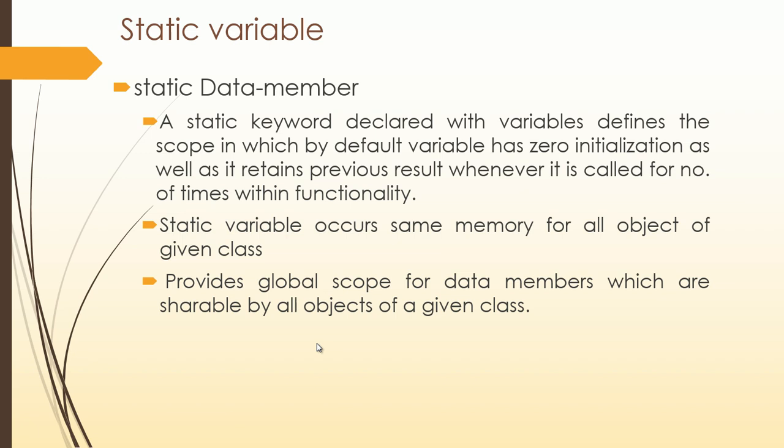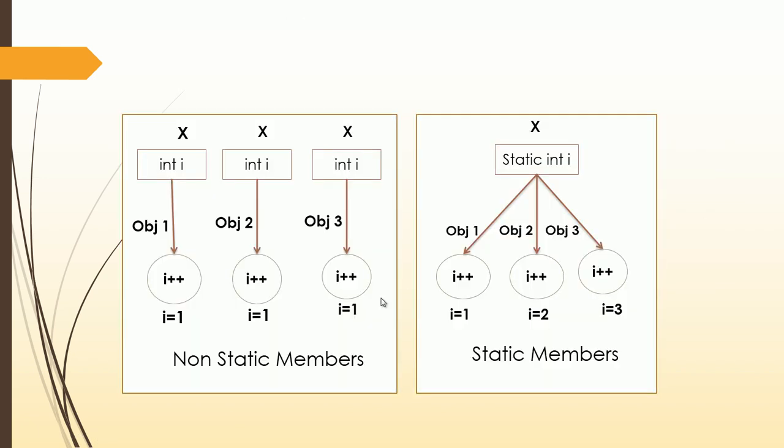If the data is numeric, then initialize with 0. If the data is alphabetical or string type, then initialize with null. Therefore, the nature of a static variable is to initialize to 0 by default, but in .NET each and every variable is automatically initialized to 0. The main role of a static variable is that it occupies the same memory for all objects of a given class. That is, it is global for all objects of the given class, or the value of a static member is shareable through all objects.